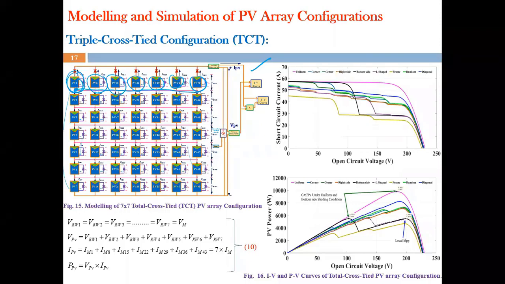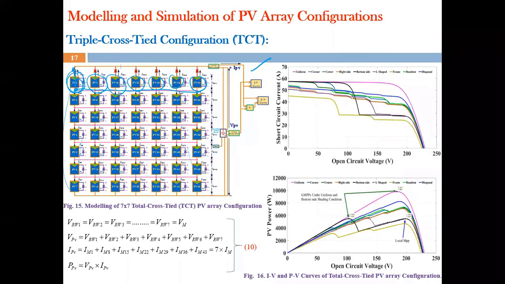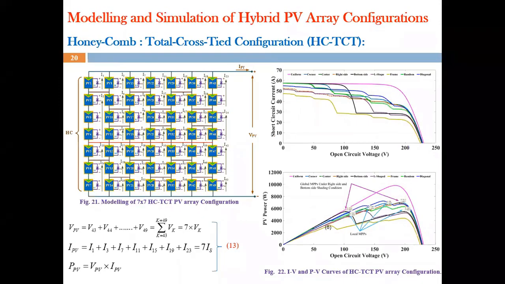So how will the current be? The current flowing through this one will be the same, and this one adds up. So here also you will ensure 7 times the string current. But the advantage here is that you will have a proper current distribution. Each and every module will have the voltage and current distribution done properly. So the total cross tie application will give you the best performance. I will show you the answers. Next, you can move to the series parallel bridge link combination, where a hybrid will be there.